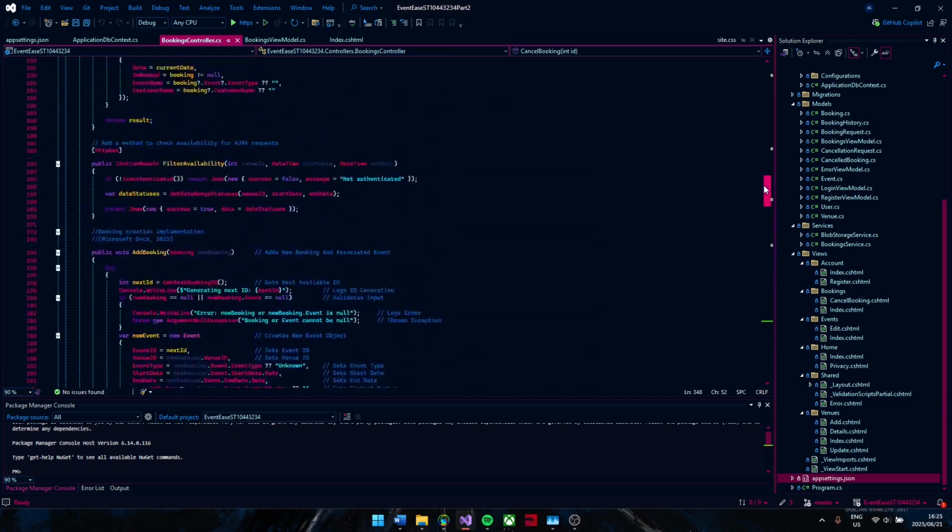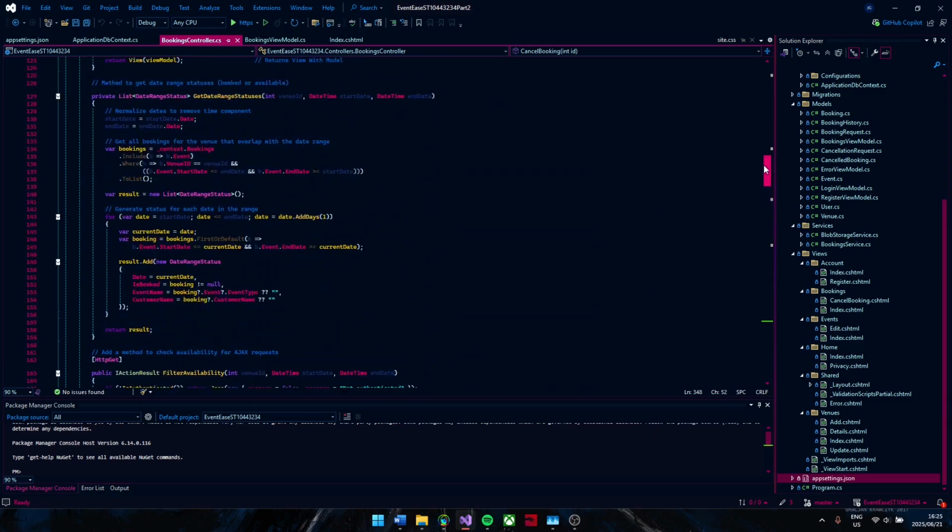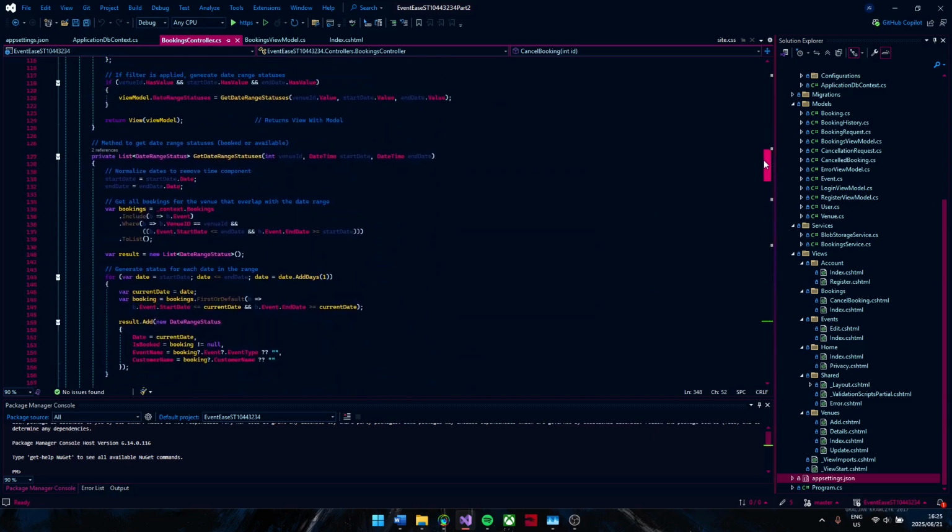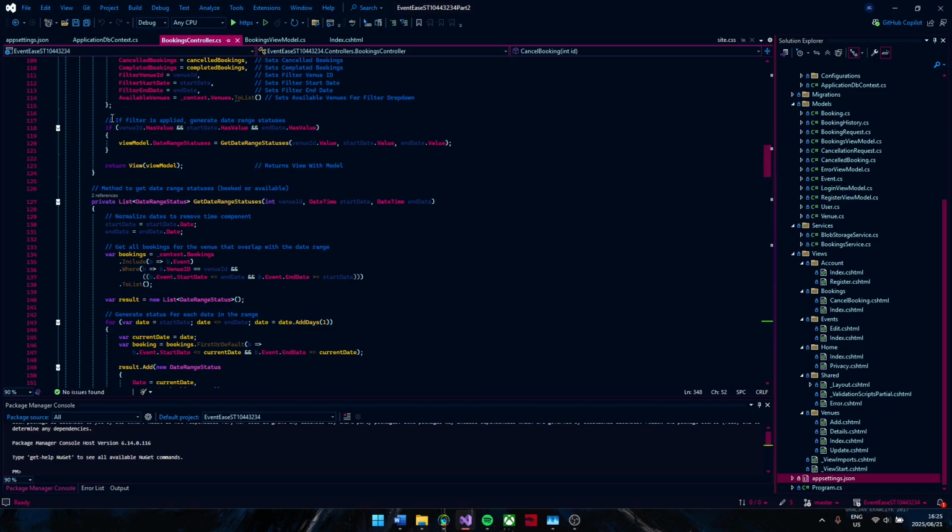see, let me just quickly find this again, where exactly this was. And yep, here we go. If the filter is applied, generate date range statuses. That is all that was added for the filter functionality for part 3 of the portfolio of evidence for cloud development. There was no need to tinker around in the database to just filter out simple details of a venue